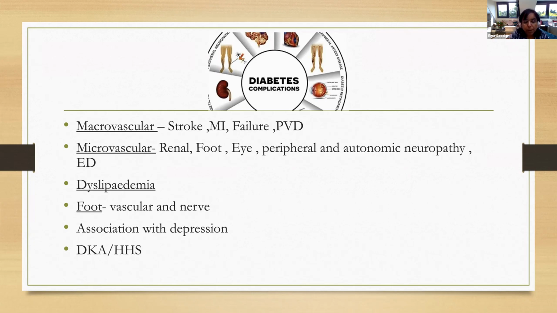There are some associations as well that you need to be aware of. So dyslipidemia, especially if they've got that sort of metabolic syndrome, they may have abnormal cholesterol levels, particularly the horrible cholesterol ones. On the foot, I mentioned the vascular and the nerves. The foot problem as a complication is a combination: the nerves are affected, and the blood vessels that carry the blood and clear infection off aren't working as well. And I've mentioned depression to you guys as well, so do check that. I'm just going to mention DKA